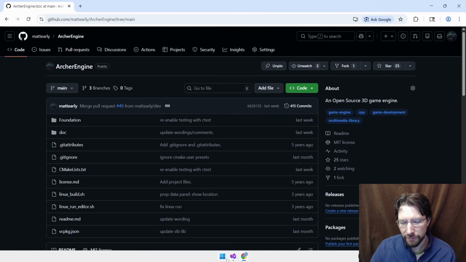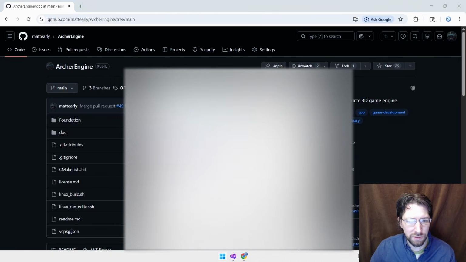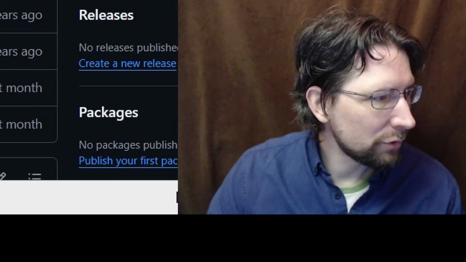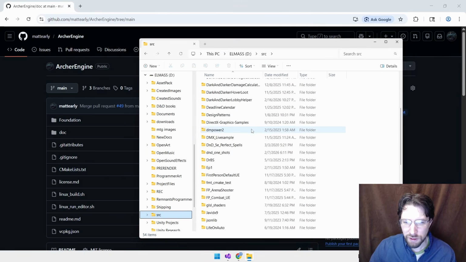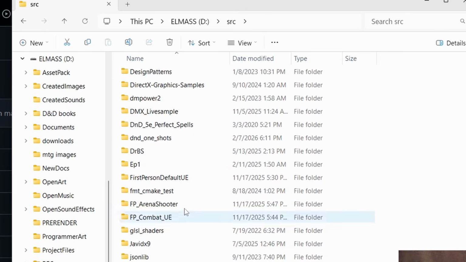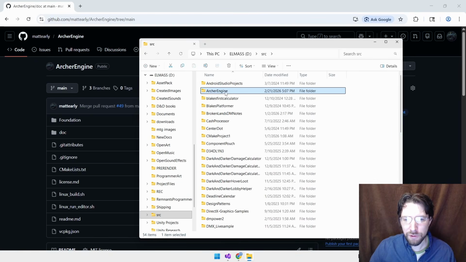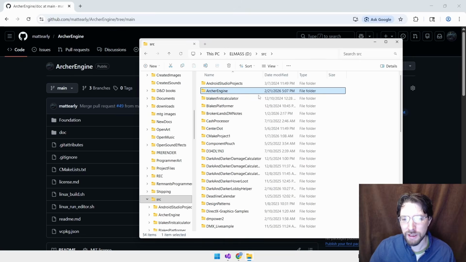directory. All right, now in that same directory, I'm just going to go to mine. I save it in a folder called source, and I've got all kinds of random stuff in there. I've got all these little side projects and stuff, but I have ArcherEngine in here. That's the main thing. Now in that same folder, you could do this somewhere else. You just have to change the directories. So when I'm talking about directories and pathing to ArcherEngine libraries and stuff, that'll change if you put this in different spots. So you have to keep that in mind.